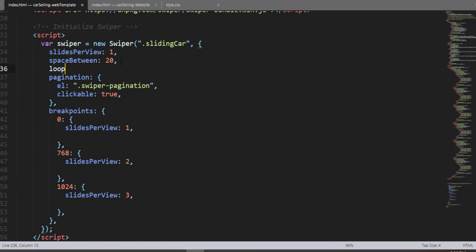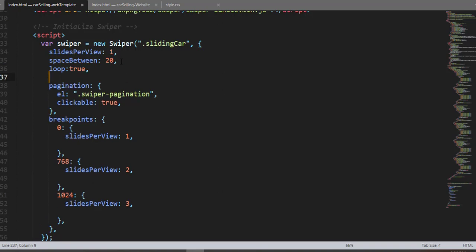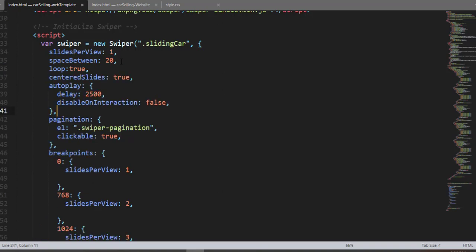Alright, center slides true. Autoplay. Now let me decrease the delay for the sliding effect or the carousel effect. Delay 200 milliseconds. So now when I save and refresh,